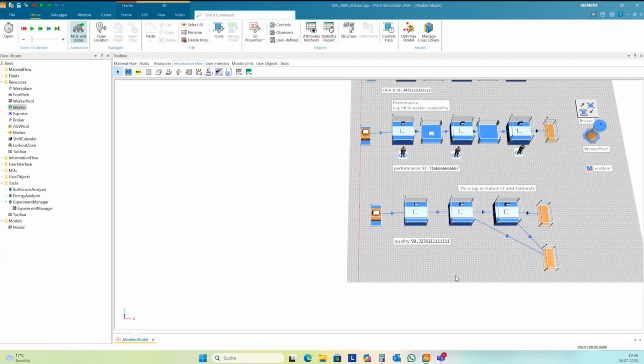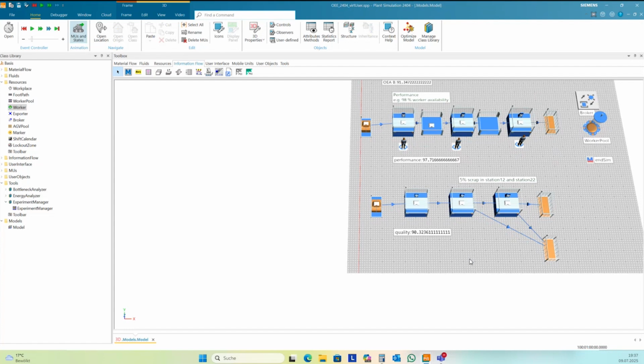And you can see, okay, it's not 10%, it's less than 10%, and the loss is only 9.7%, because you have fewer parts here at the last station, and so 5% of fewer parts is less than 5% of 100%. It's less, and so this is the quality. And now we have all 3 parts that we can use to calculate the OEE.